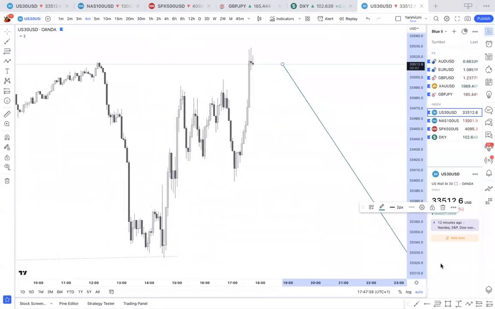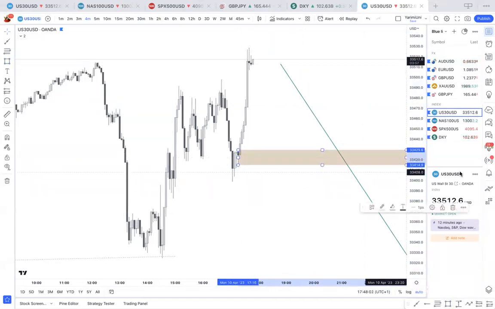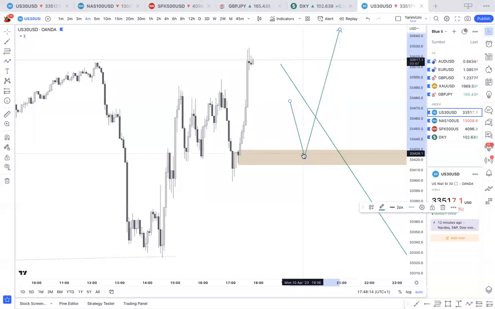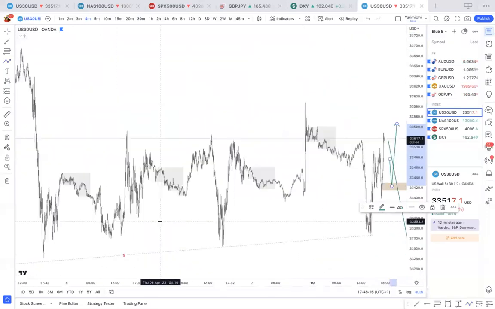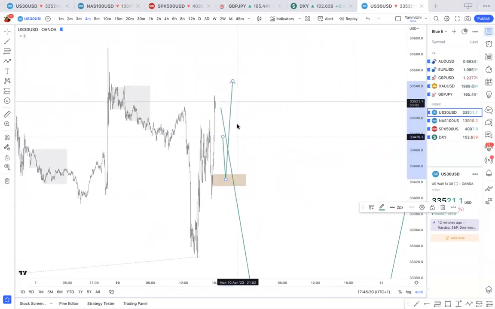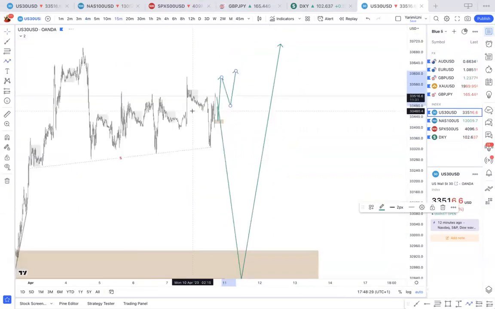For example, what we can do from here is we have this demand zone here, which was the last demand zone before price broke structure, as you can see, which is happening right now. So when price comes back into this zone right here, we can risk 1% and buy up, because there's a chance that it's going to respect this in line with higher time frame structure and then push back up. And then it will do something similar again. So it will push back down into another demand zone and then push back up again. And you can buy in such format.